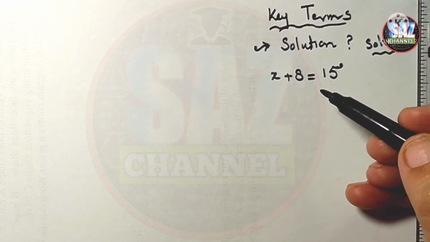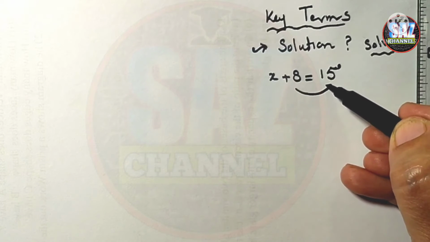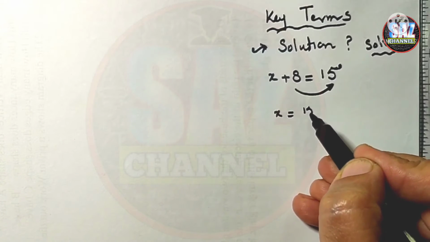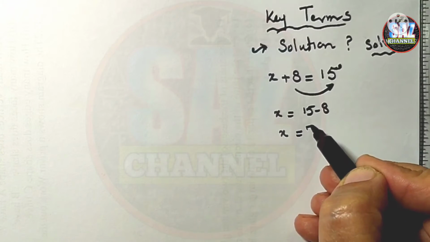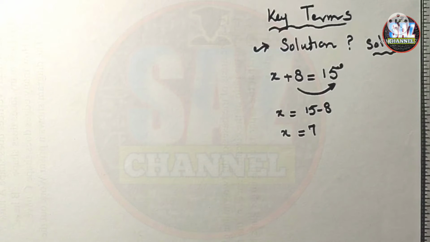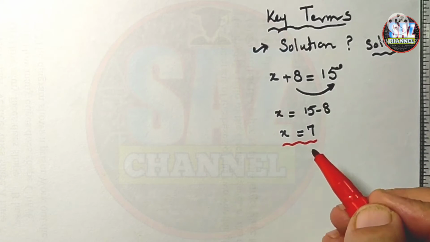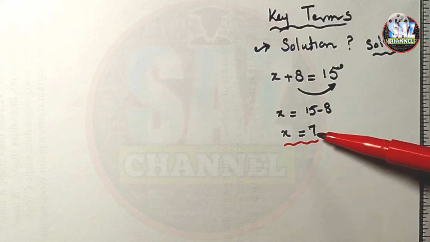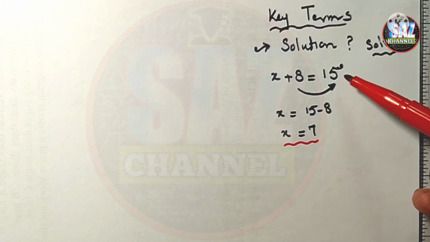If I'm solving this equation, x plus 8 equals 15, what we have to do is shift 8 to the other side, and I will have x equals 15 minus 8, which will give me x equals 7. It means that when I'm solving the equation x plus 8 equals 15, the solution is x equals 7. So this is the value of the letter or the variable of this question. Now, if this is the solution of this equation,